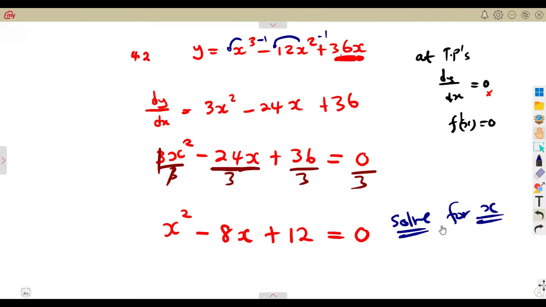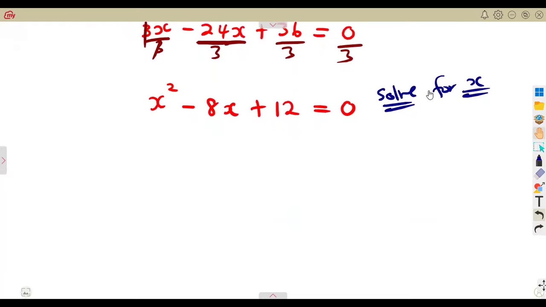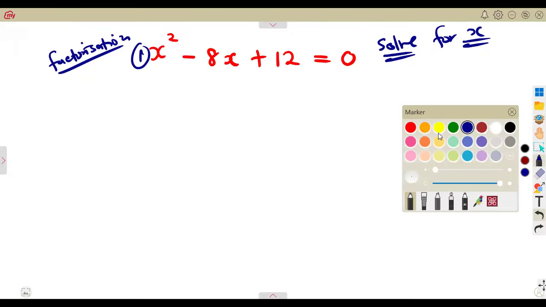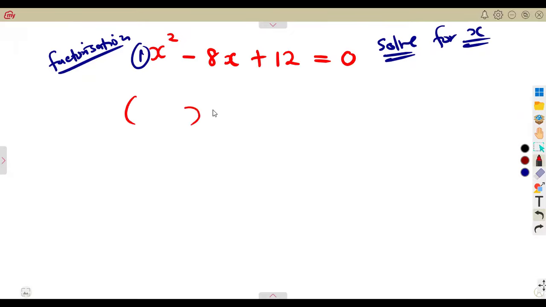Is it by the factorization? Is it by the quadratic formula? Solve for x. So in this case, I'm going to apply the factorization. As you can see there, we've got terms that can be used common. A 1, because of this one that we have there, just going to have two brackets, remember, which is x here and